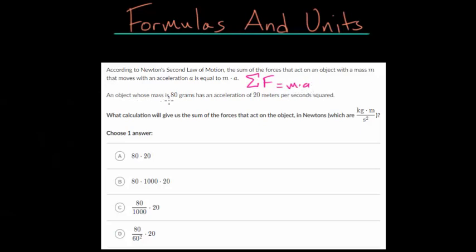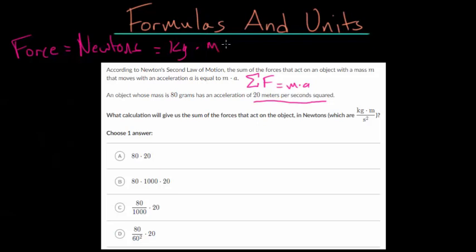So an object whose mass is 80 grams has an acceleration of 20 meters per second squared. So what calculation will give us the sum of the forces that act on the object in newtons, which are given as kilograms times meters divided by seconds squared? So the force of something is in the unit of newtons. And a newton is essentially the mass of an object, kilograms, multiplied by the acceleration of the object,